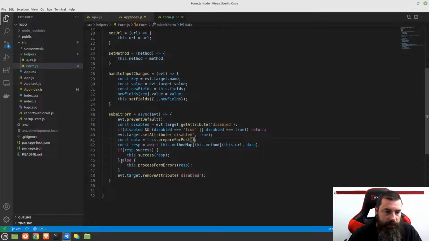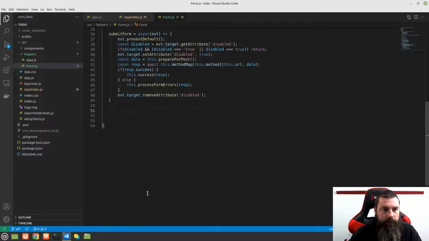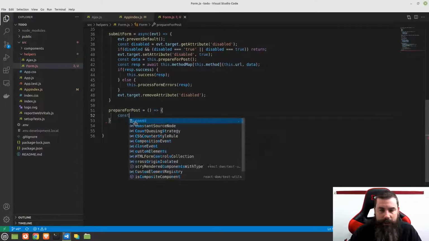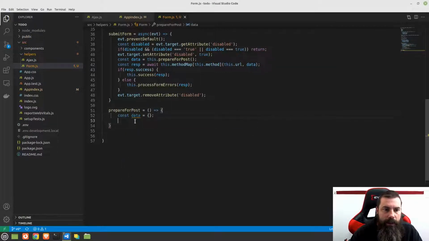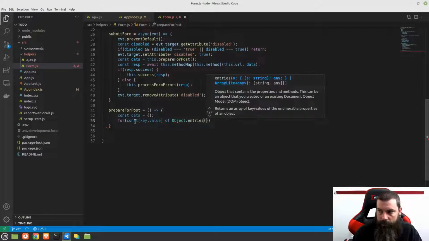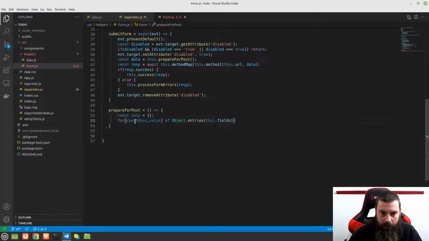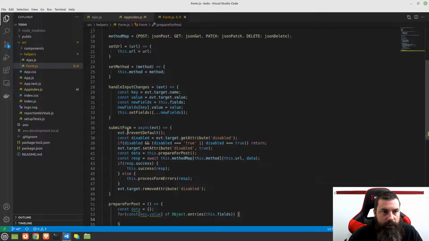All right. So then let's create a method under here, we'll call it prepare for post. Like that, and this is going to be pretty easy. It's going to be a const data equal to an object, and then we're going to use a for loop. Now we can do this syntax here where we do a const value. So we're doing a for of loop here, and we'll say for of Object.entries(this.fields). Okay, so what that's going to do is loop through each one of our